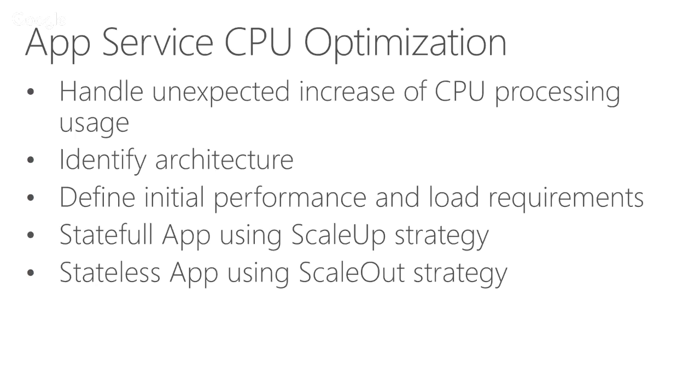First of all, when you do CPU optimizations or infrastructure optimizations, we need to know a few things. You have to identify your architectures. And you have to know how much performance or load is required in terms of the people who are going to access the website. It's very, very important, because I will mention the scale up and scale out strategy. And you should be able to define, for example, in 1 week or in an hour, you're going to have 2,000 concurrent users, or 10,000 concurrent users, depending on what kind of website you're going to build, right?